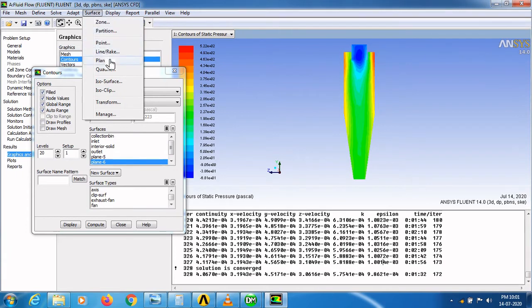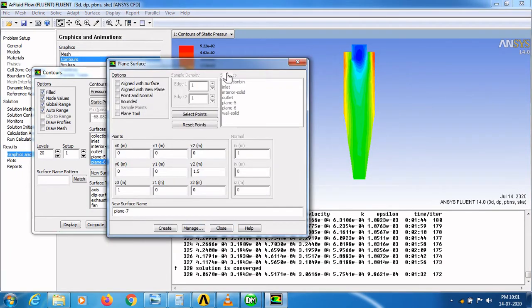Go to surface and select plane, and here you have to select aligned with surface. In surfaces you have to choose outlet. In points we have to enter 0.1 in x-axis, 0.1 in y-axis, 0.2 in z-axis, and click create.